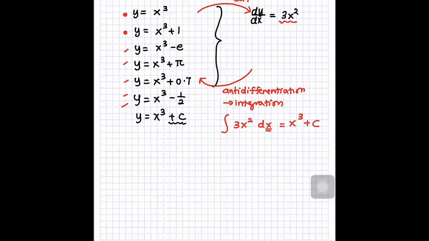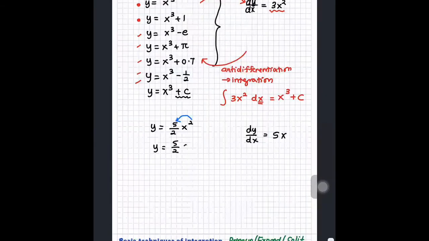Okay, let me ask another one, and I want Ladisha to answer. Now let's say the dy/dx I'm going to give you is 5x. Think of a y, girl. Over 2 x squared for c. She's saying 5 over 2 x squared. And you can put whatever constant you like at the back here. Ladisha indeed says, just put plus c at the back.